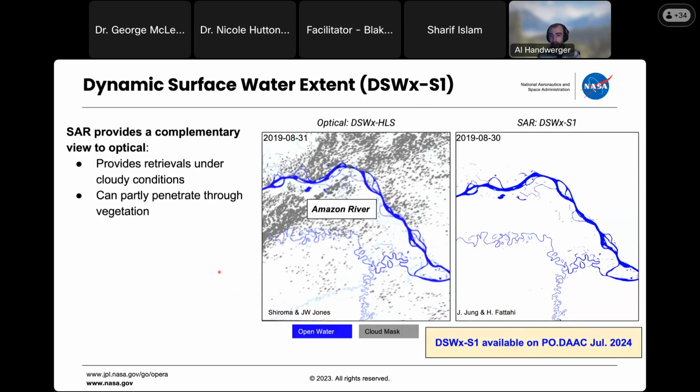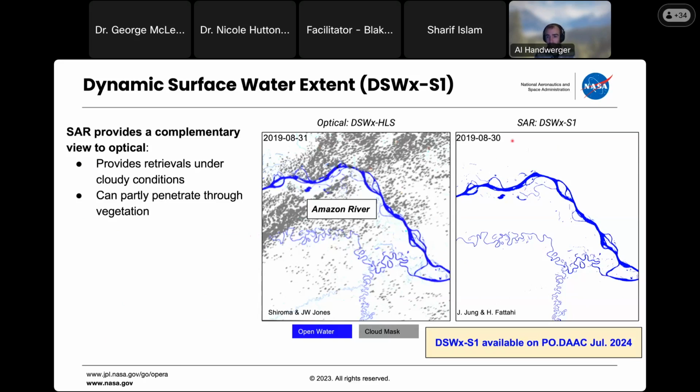So one of the things we're most excited about, and some of these topics have come up in the first two talks today, is the issue of cloud cover. The optical satellites have a challenge, which is that when it's cloudy, you can't see the ground. But SAR circumvents this issue because the radar can actually penetrate through clouds and see to the ground, and that's particularly important during things like flooding events when it's raining and we need imagery as quickly as possible, especially during the flood and not after the flood.